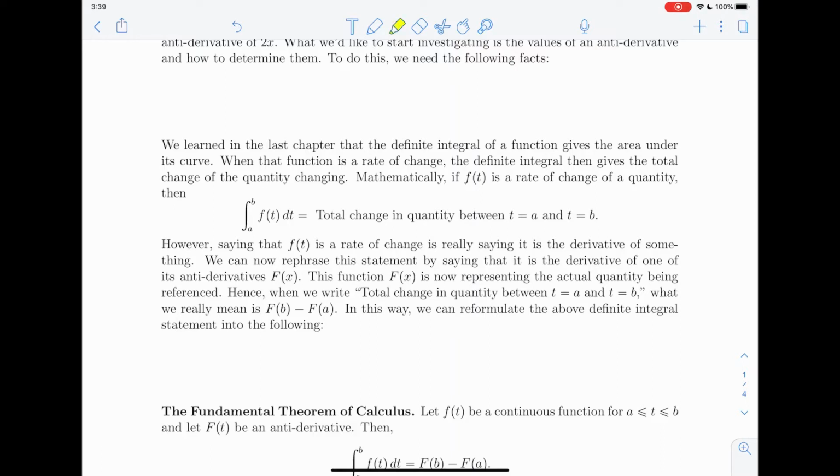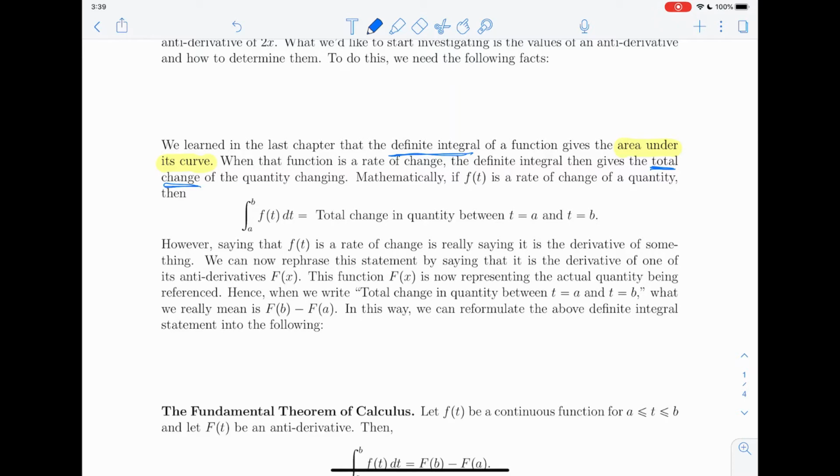What we've learned so far is that the definite integral of a function turned out to give the area under a curve, where we learned that this is signed area, not necessarily just straight up area. We also learned that when the function in question was a rate of change, then the definite integral was giving total change